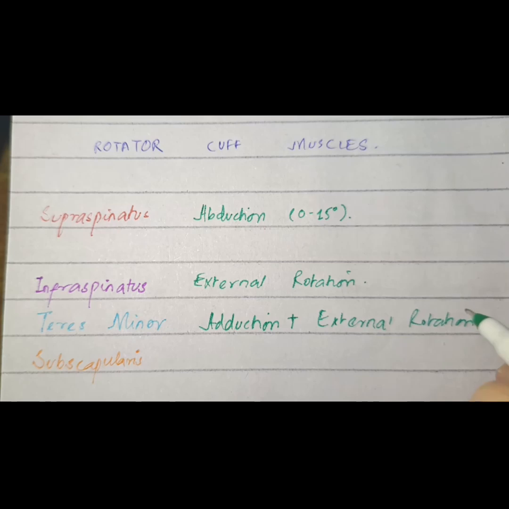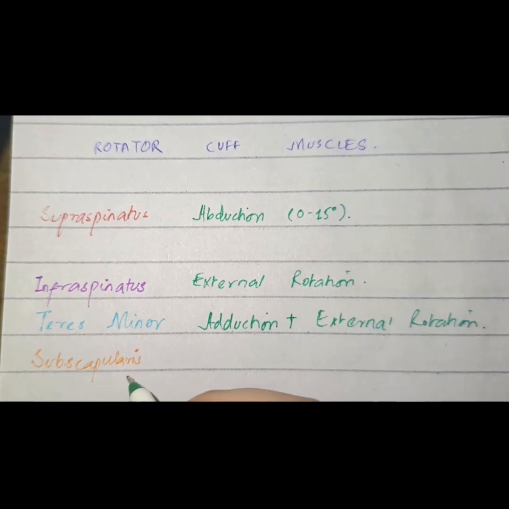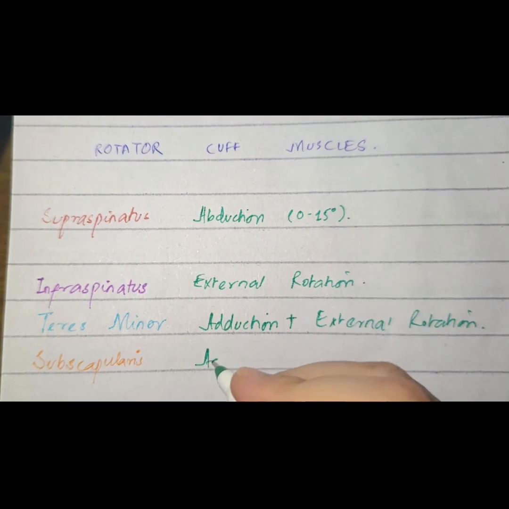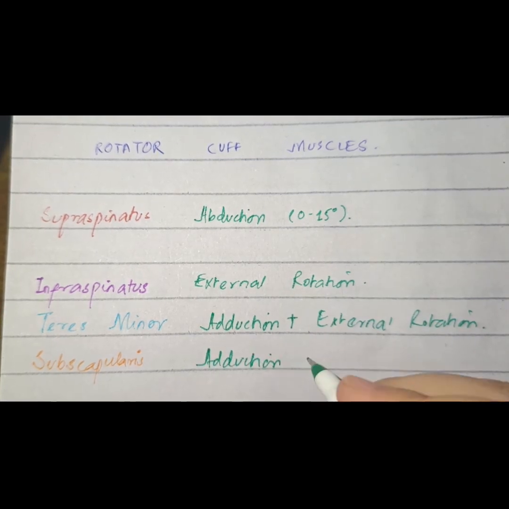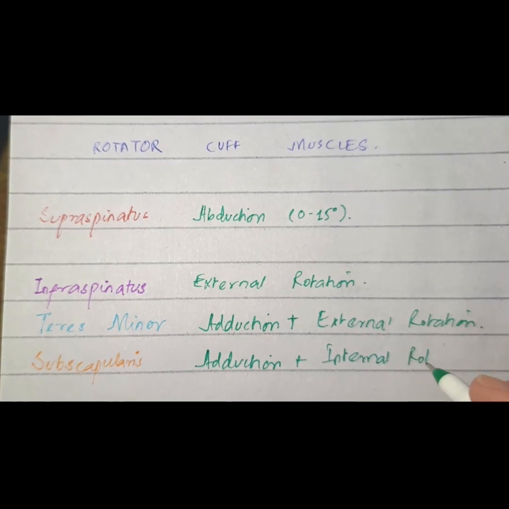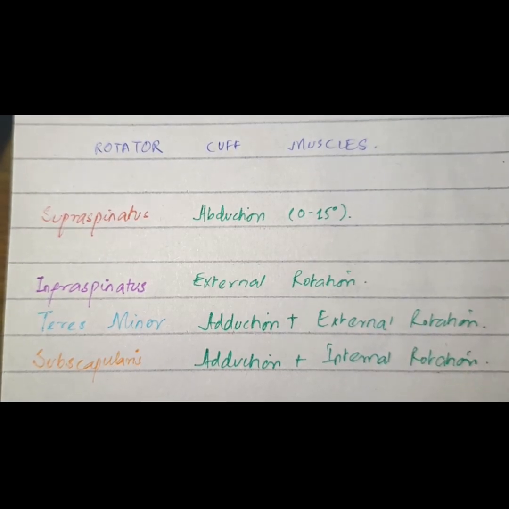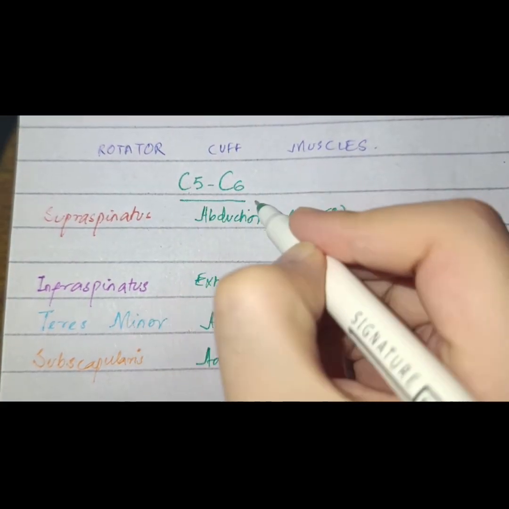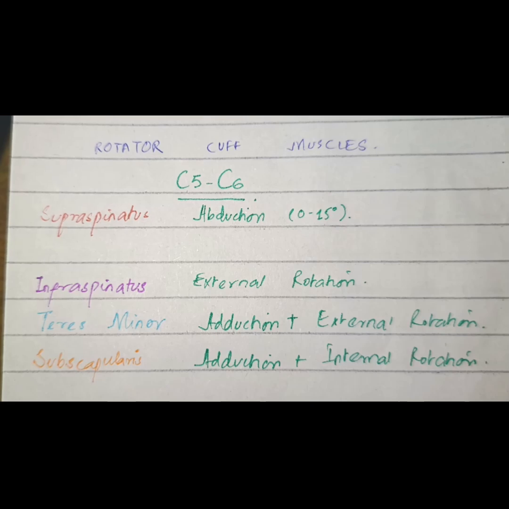And then comes the subscapularis. Subscapularis does two functions as well. It adducts the arm along with teres minor, but it does internal rotation. So adduction plus internal rotation. All of these rotator cuff muscles, they are supplied by C5 to C6 nerve roots, and now we'll